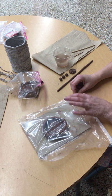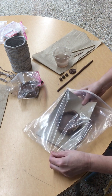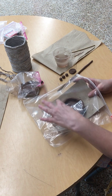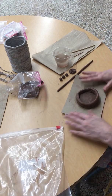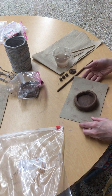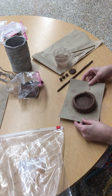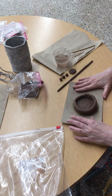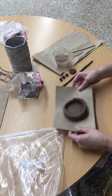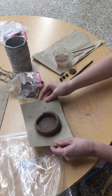Okay, we have taken a break from our intermediate coil pots. I'm going to take my coil pot that I've worked on so far out of my bag. It's still on my cardboard. It doesn't matter if the cardboard is curling up or not. We just need something to keep it from sticking to the table, and also so that we can move it easily. Before we get started, and before we continue to add to the height of our pot, I